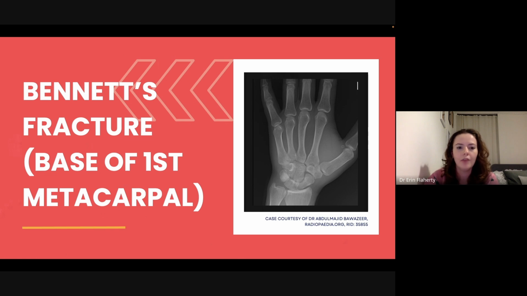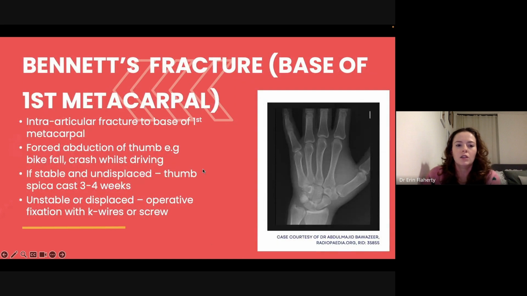Another fracture that we have is a Bennett's fracture, and this is the base of the first metacarpal. So going 1, 2, 3, 4, 5. This is number 1, and here's our base of metacarpal. So this is the fracture line here, if you can see it. So this is again our intra-articular fracture. So it goes into the joint here,